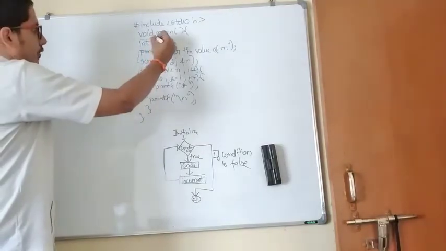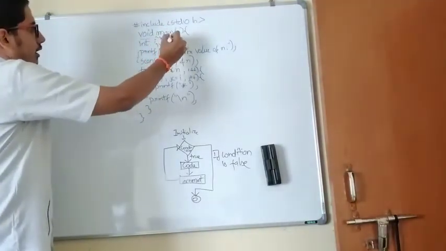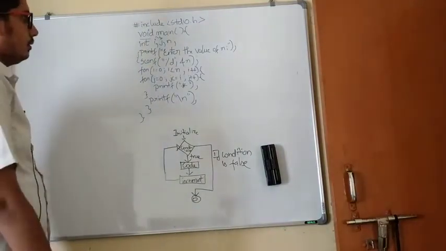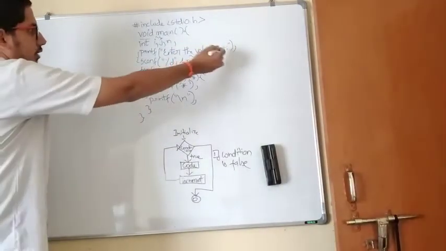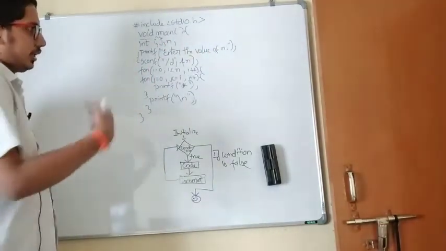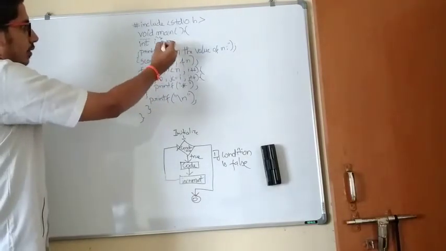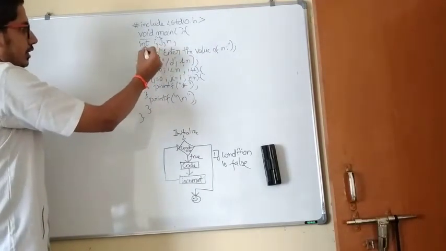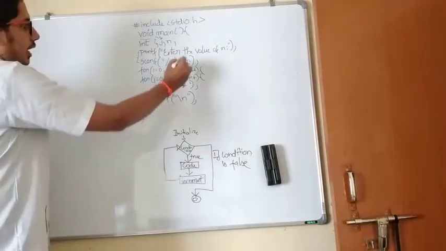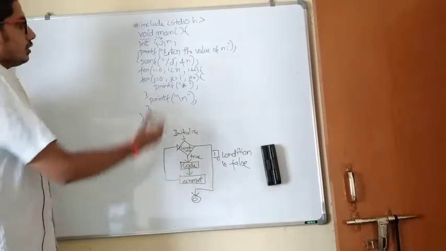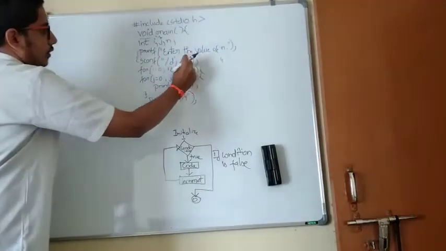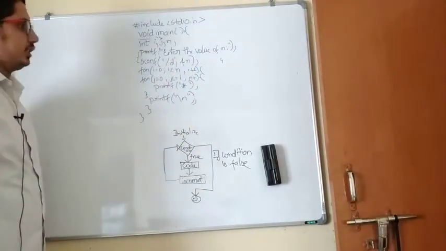These two, i and j, I'll be using for the loops. n is nothing but the number of rows in the pyramid we want. So we'll ask the user to enter the value of n, that is the number of rows. Then we'll take the value, whatever it is, with %d. Why? Because n is of type integer and the format specifier for integer is d. And then &n. Why &n? Because that's where we want to store the value. Suppose the user enters 4, we'll be storing it in n. So we are giving the address of n, that is &n.